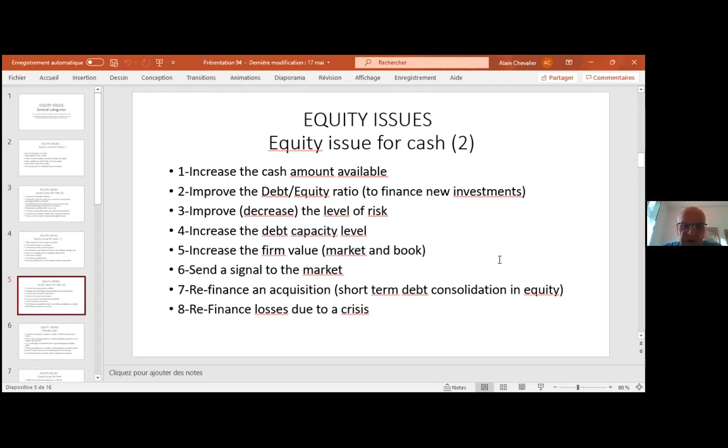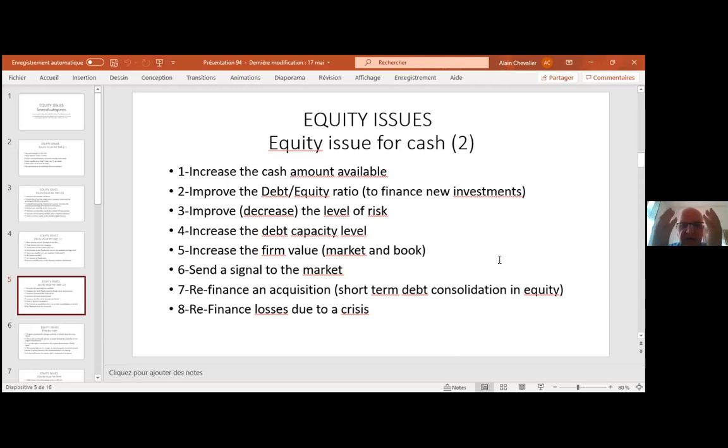Seven, an equity issue for cash is one way to refinance an acquisition. You know, very often acquisitions are opportunities. You use acquisitions to grow. This is not your first acquisition, but anyway, in many cases, you seize opportunities. You don't plan your acquisition. It happens that you plan, but in many cases it's an opportunity. So you have to decide very quickly to make the acquisition, and in many cases,